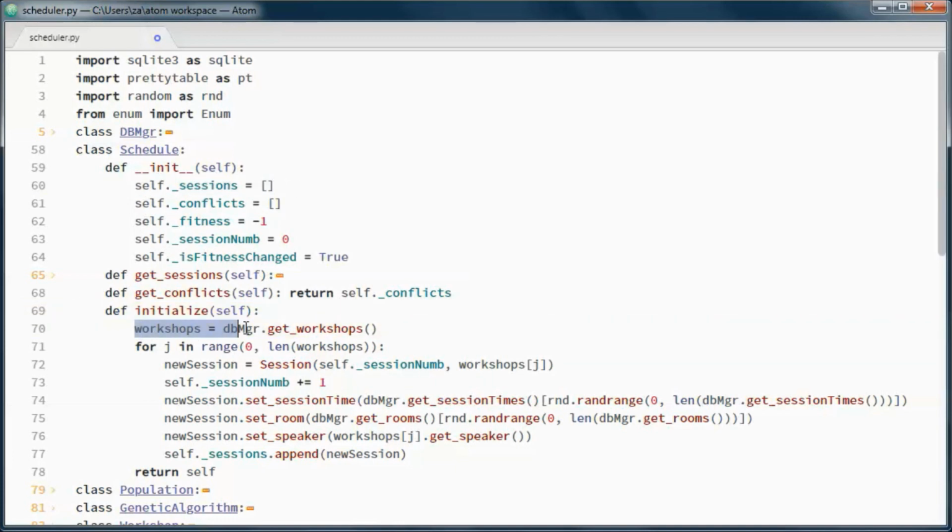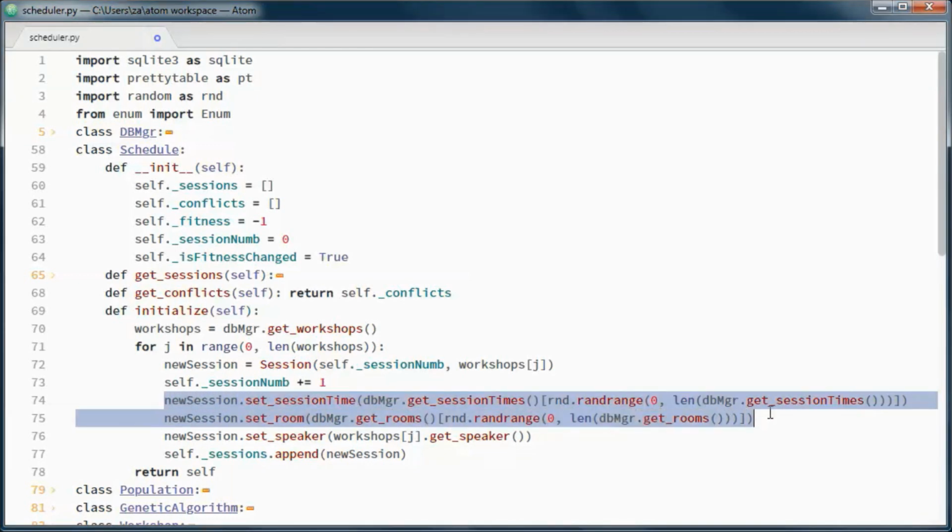So here we're picking up all the workshops, and we're creating a session for each one, and randomly selecting the session time and the room, and appending that created session to this sessions.